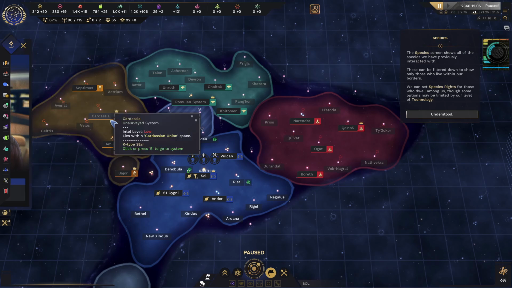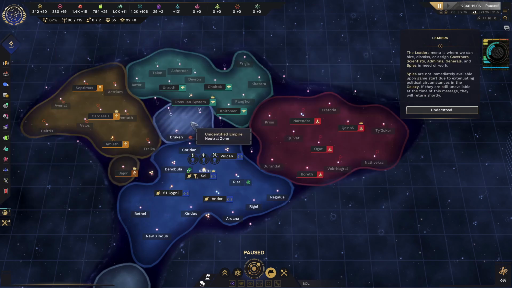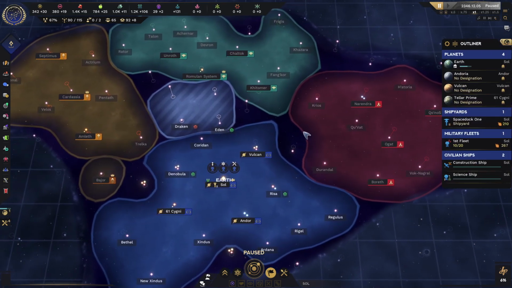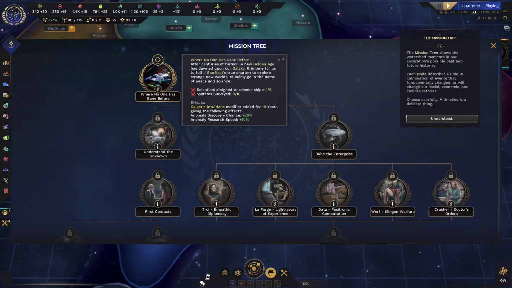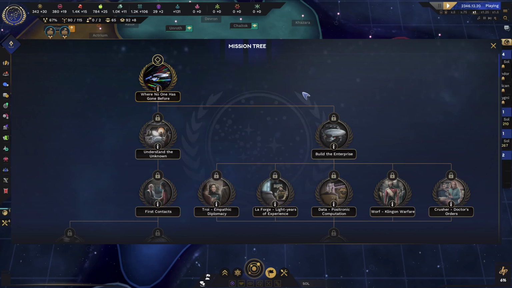The species screen shows all of the species we... The mission tree shows the watershed moments in our civilization's possible past and future histories. Each node describes...